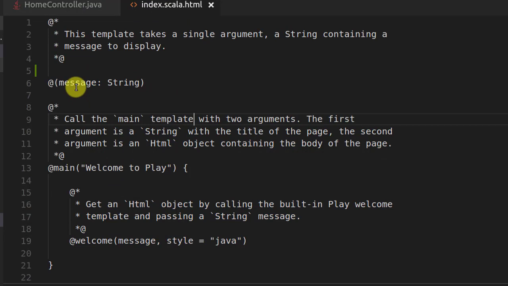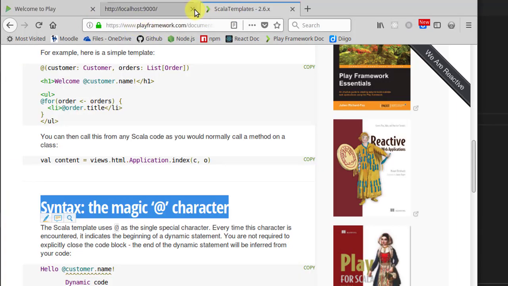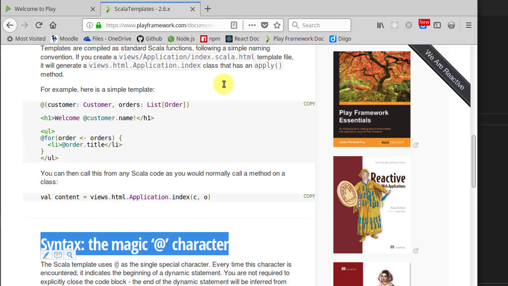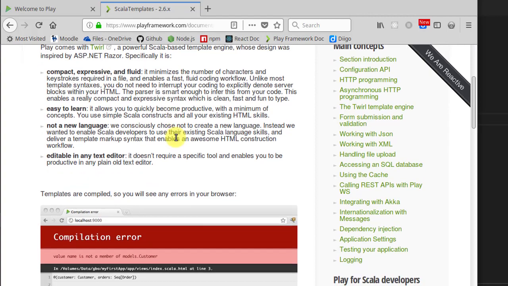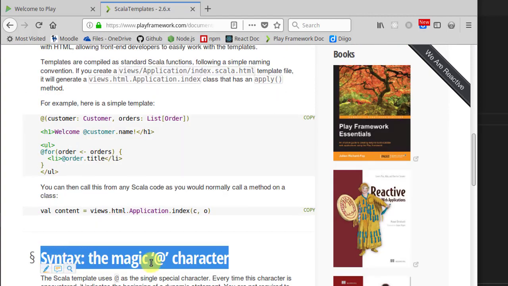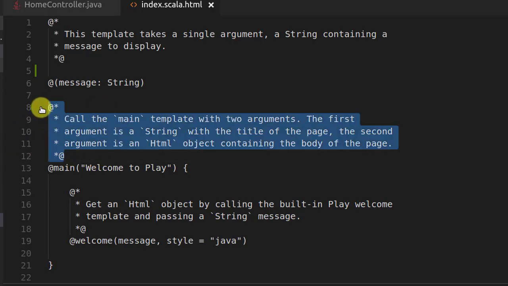It's a mixture of dynamic content as well as static HTML. The dynamic content is defined in a scripting language called Twirl, which you'll find in the documentation. So if you look in the documentation, you'll find a reference to the template engine. And down here, you'll see mention of the magic @ character. Every time you see an @ character, it refers to dynamic content that gets processed on the server side before sending to the browser. So you're not going to see any of these things here actually displayed in the browser